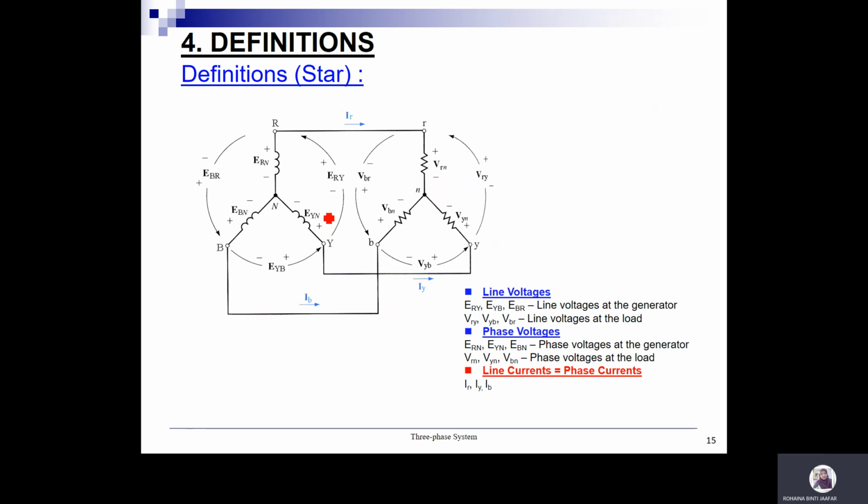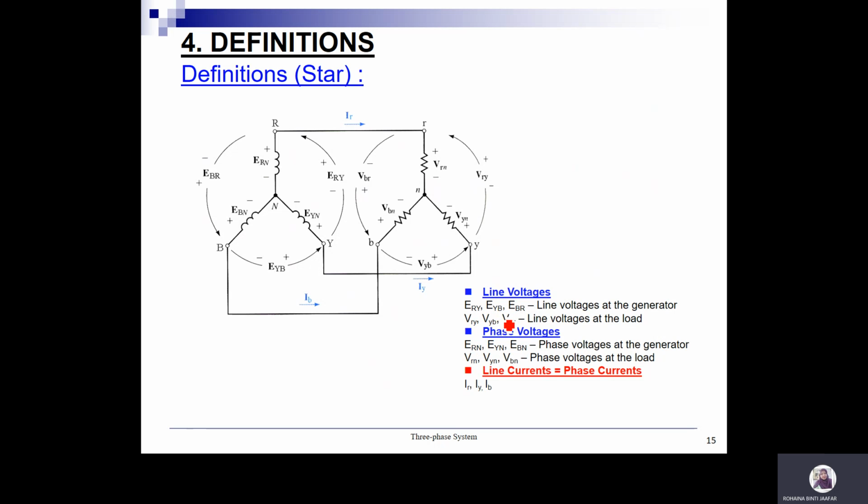The line currents are the currents for the red phase, yellow phase, and blue phase. This definition is very important for you to understand, because we will use it in analyzing